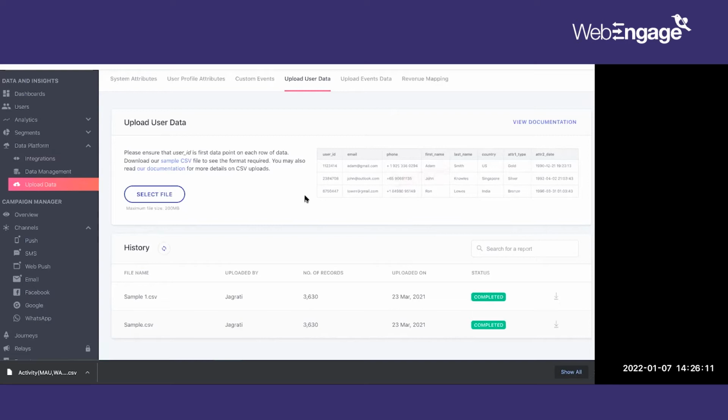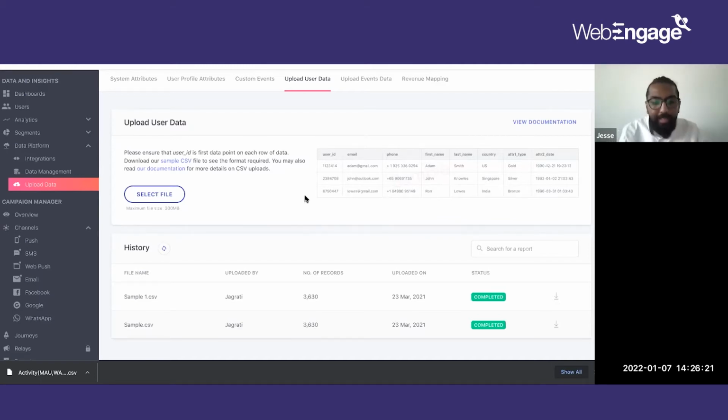So how would that really impact, say, if a user is not really logging in to the website, like probably creating a user account on the website essentially? Okay, all right. Let's take a step back here. Like I said, we've got known as well as unknown users on WebEngage.